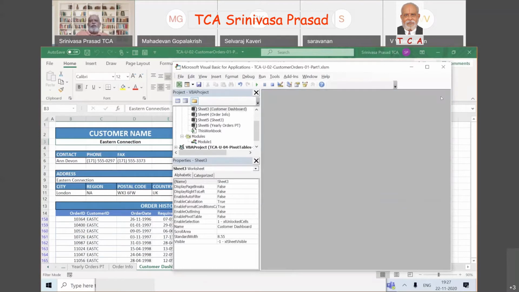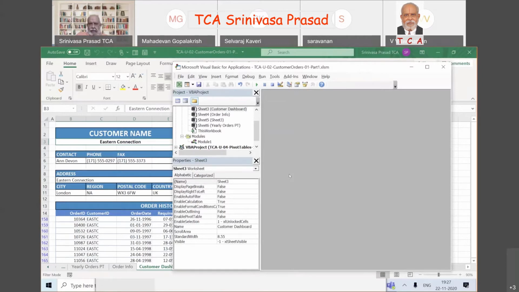But once the file we have saved and are working on is already an XLSM, it will continue to save in that. But if you have done the macro for the first time and by mistake you have not saved it in XLSM, whatever VBA you have done, everything will go off.